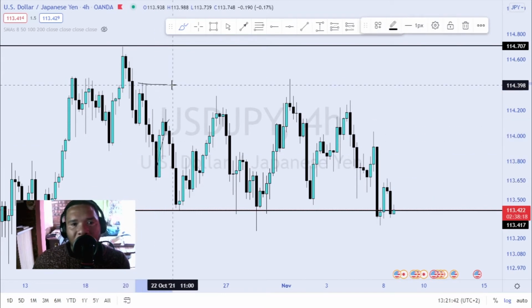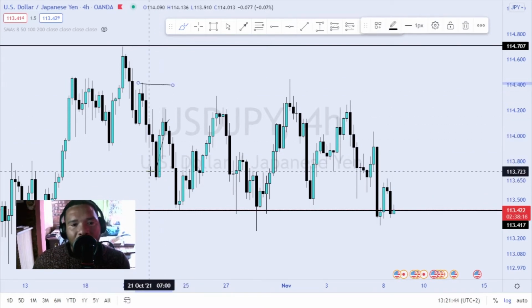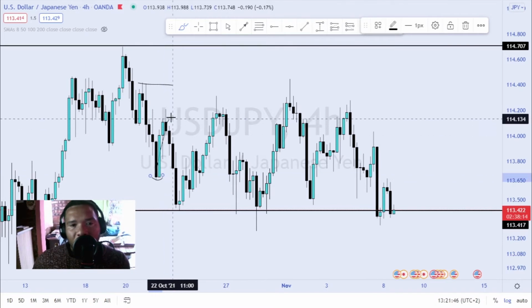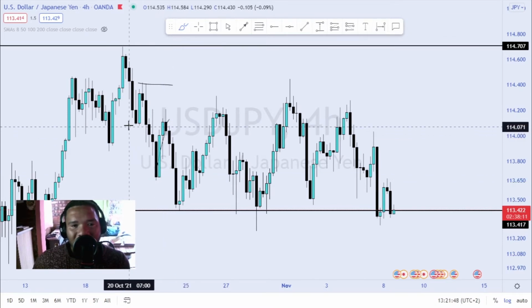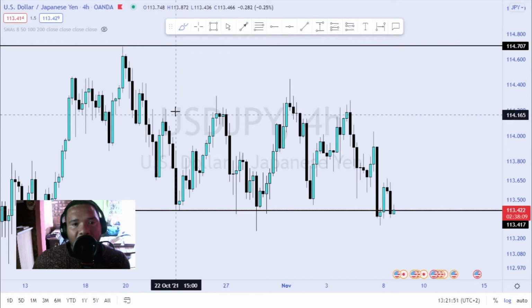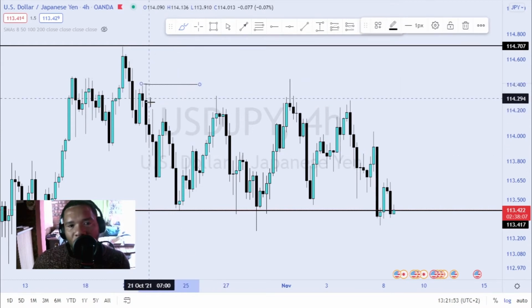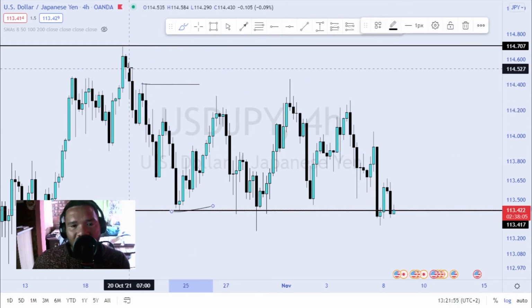There we can see price did create this new lower high and this new lower low into the market. There we can see we have a spinning top candle. Price did also come into this region right here. So now we basically focus on this region right there, and price is basically trading in between these